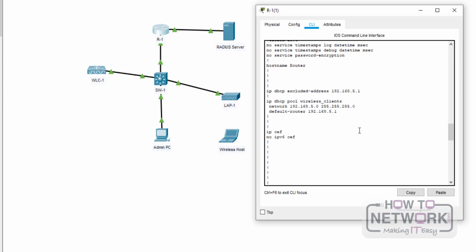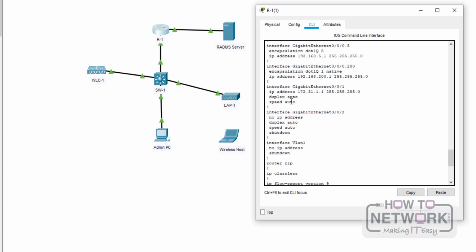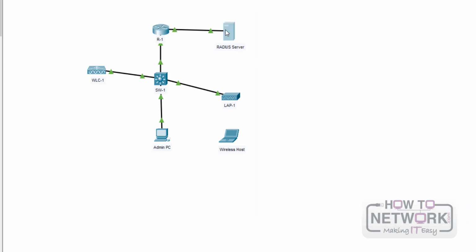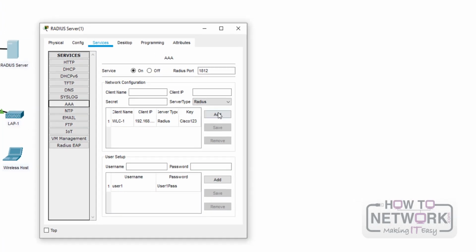As you will see, we already pre-configured this router as a DHCP server using the subnet 192.168.5.0, and this IP address is on gigabit 0/0.5. Then here we also have a connection to another server, which will be our RADIUS server. This one, gigabit 0/0/1, has 172.31.1.1/24. Okay, so if we look at the RADIUS server itself and go to Services, and we go to AAA,